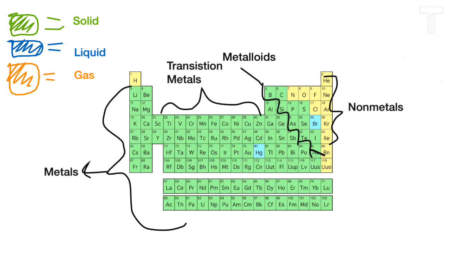Everything that's beside this line is what's called a metalloid. Left is metals, right is nonmetals, middle